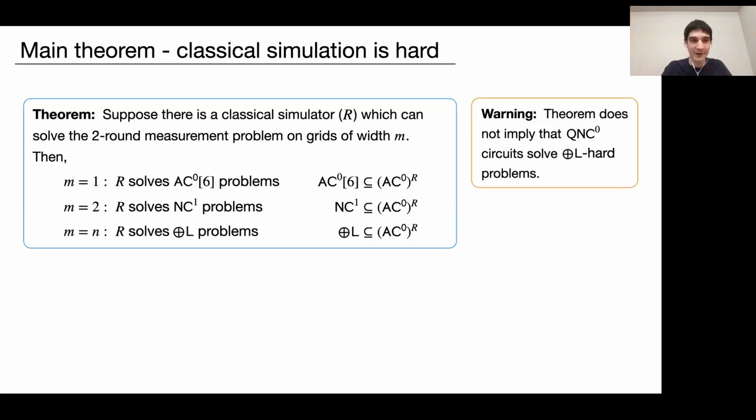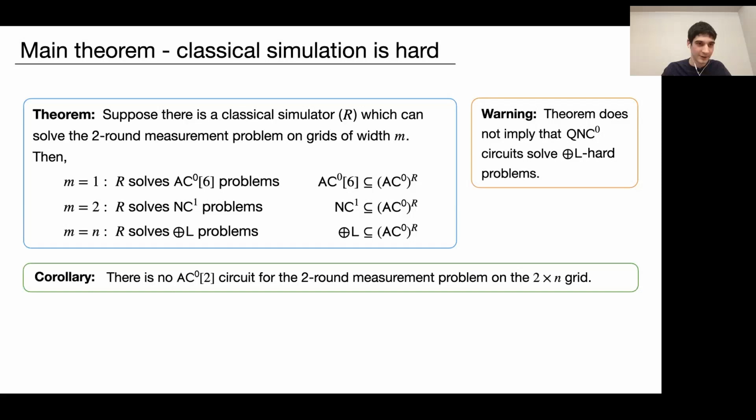Okay, so now that we have the theorem, it's really easy to get a lot of the consequences that I talked about in the first part of this talk. I just picked one out here at random. The corollary is that there's no AC0[2] circuit that solves this 2-round measurement problem. So imagine by contradiction that we did have such an AC0[2] circuit. Then if we look at this m equals 2 case here,